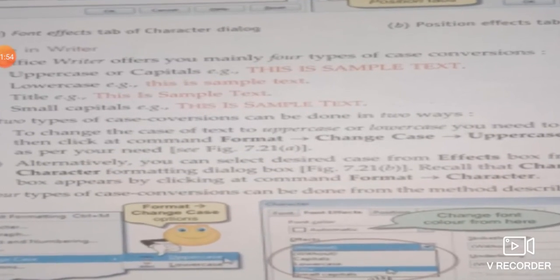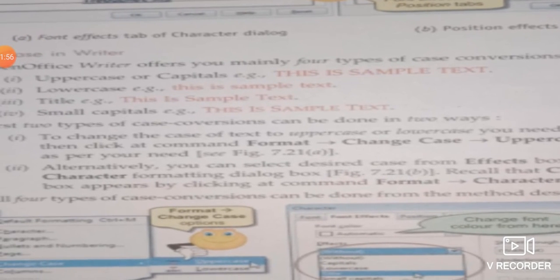Upper case means all the letters will be in capital letters, and in lower case all the letters will be in small letters. Title case: in the title case you will find the first letter of each word in capital, like this T is capital here, in is I is capital here, in sample S is capital here, in text T is capital here. So this is called the title case.